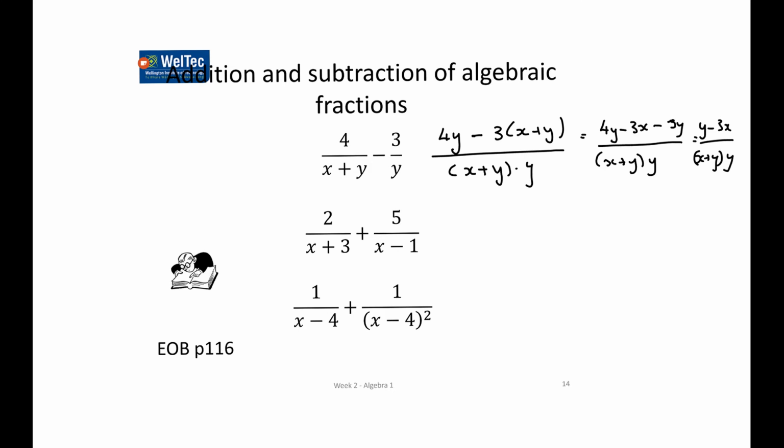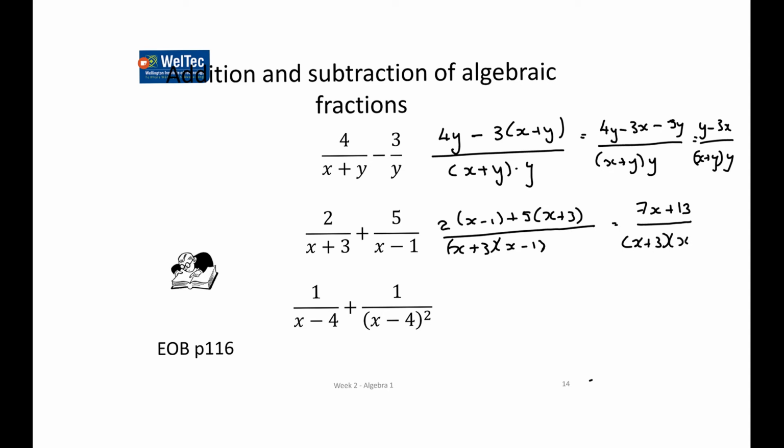Similarly for this one, it would be 2 times x minus 1 plus 5 times x plus 3 over the common denominator of x plus 3 times x minus 1. And if you're careful and take out your brackets carefully, you end up with 6x plus 13 over, oops, I didn't show, x plus 3,